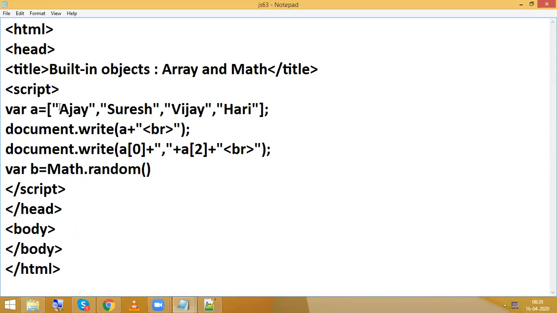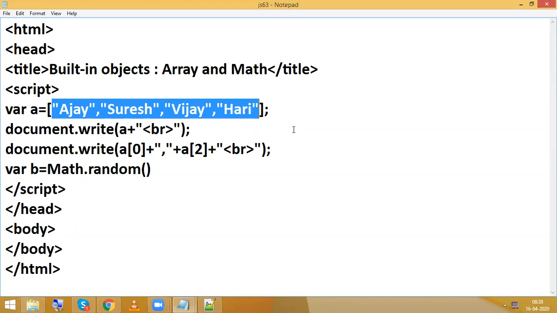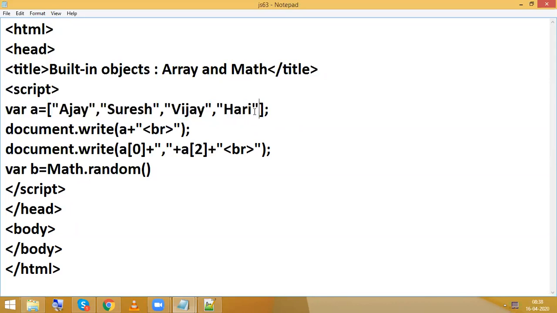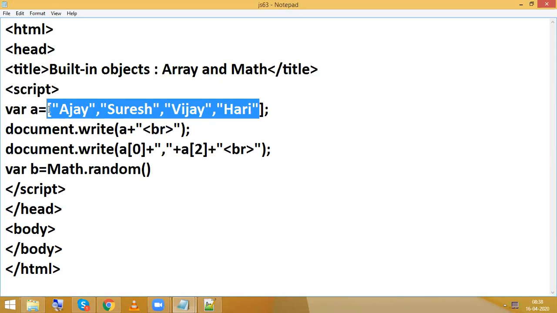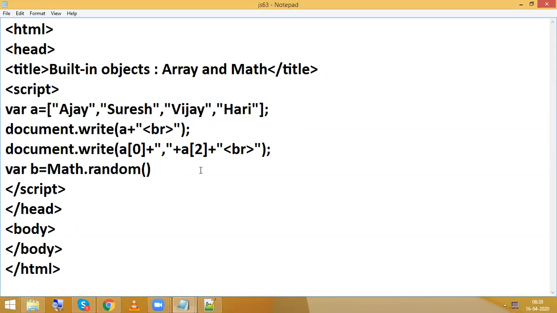But here I want 0, 1, 2, 3, so till 3 it should generate the number. So I am going to give Math.random into 3. That means it is going to generate between 0 and 3. We will not get 3, but we will get till 2.9.